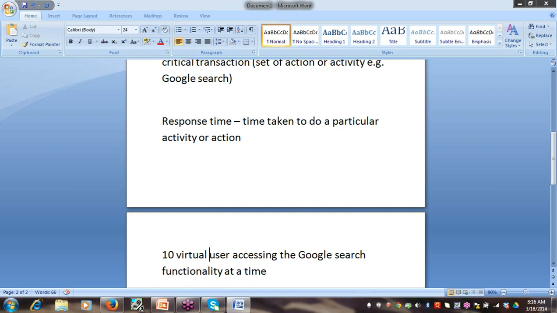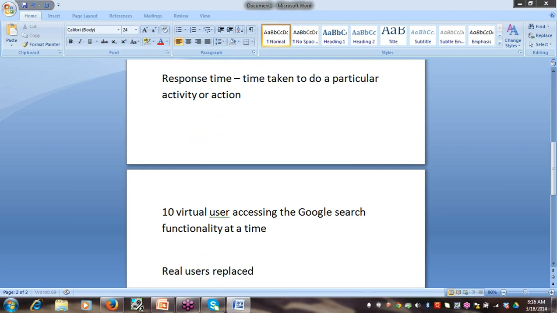We never use real users, because suppose we want to run with 1,000 users, you cannot have 1,000 users assigned to a particular application doing the performance testing. No, then there is no point in doing the performance testing activity for a particular project or application. So here real users are replaced by virtual users.